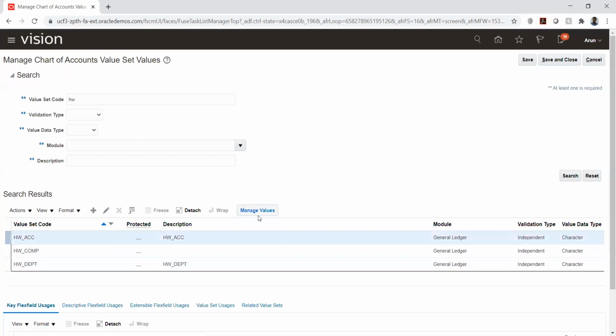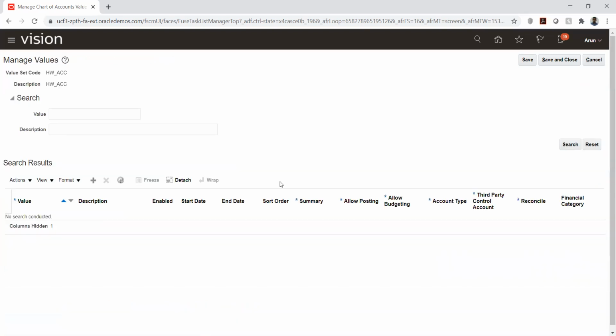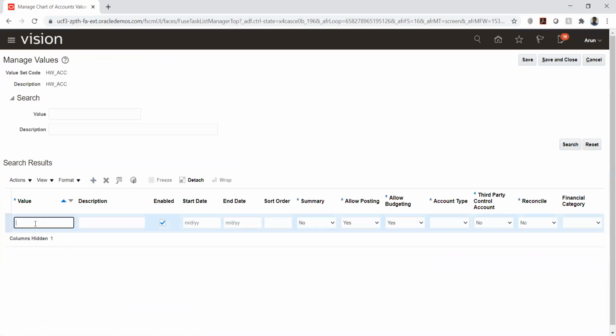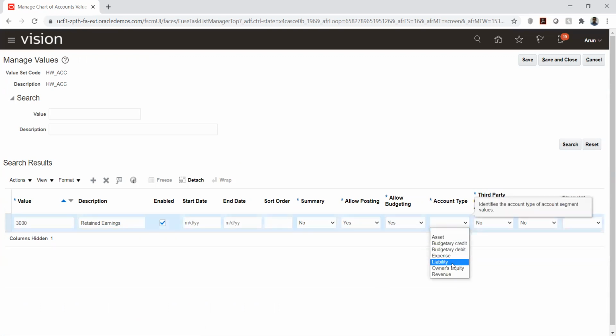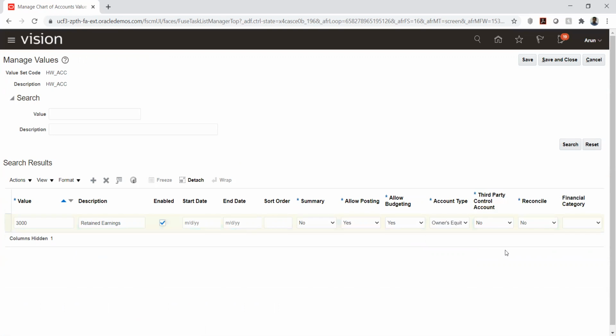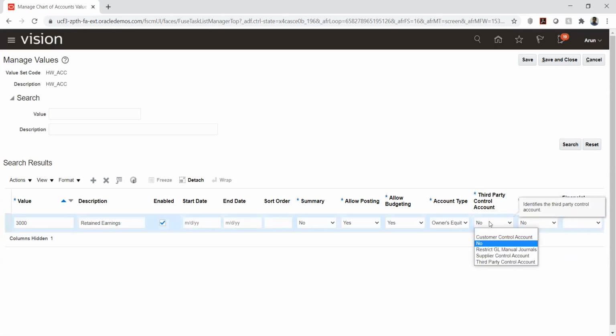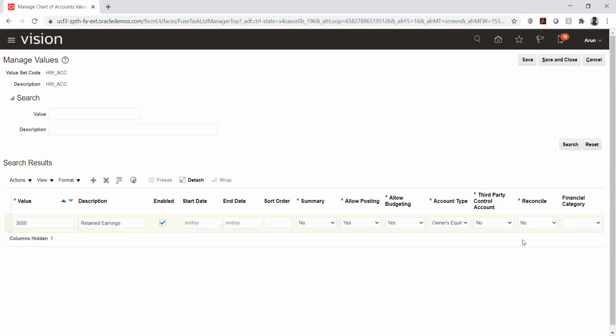Let me create one account here. I just create this as ownership equity. The third party control account and others are similar to EBS.